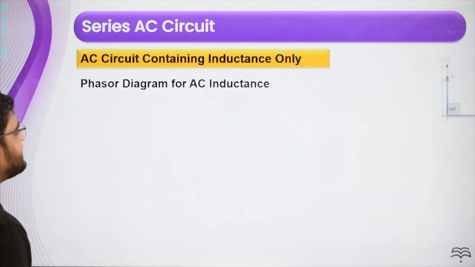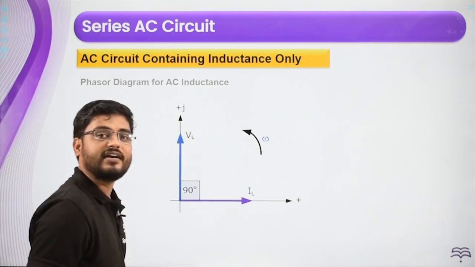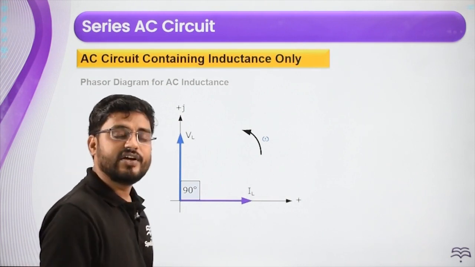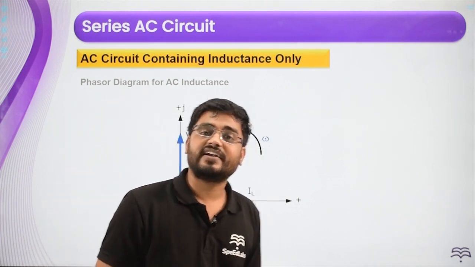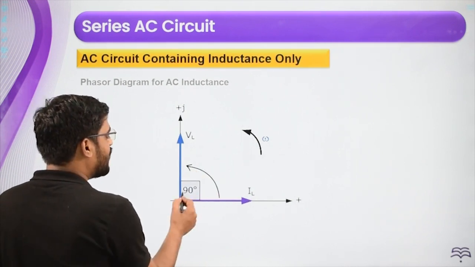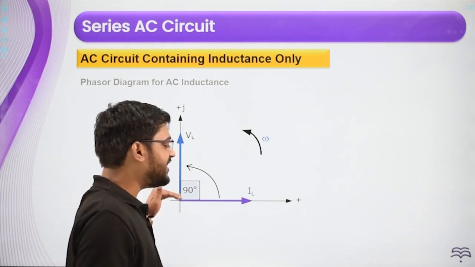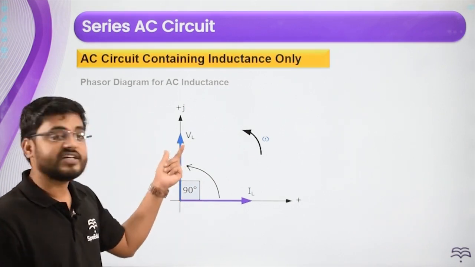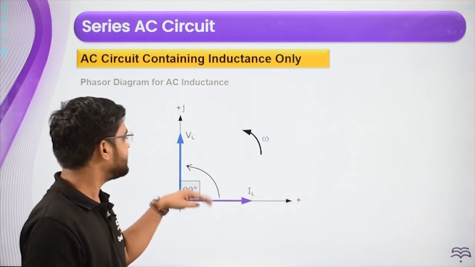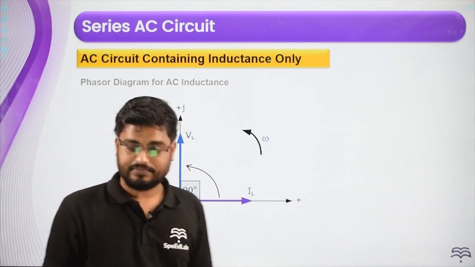Now this is the phasor diagram. In the phasor diagram, remember we discussed that current is always on the x-axis. So this is my current. Now voltage leads by an angle of 90 degrees. So here the plus 90, it is in this direction. So voltage you have to draw on the y-axis. This is where the voltage will be drawn in case it is voltage across an inductor. Current we will always draw here. Voltage is at an angle of 90 degrees. You have to show it slightly ahead by 90 degrees.